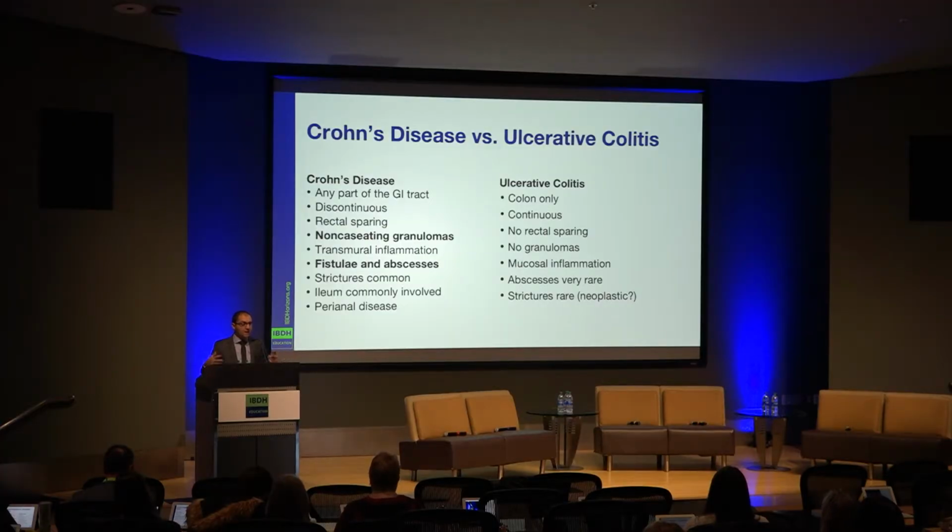And so the classic high yield features for Crohn's disease, the granulomas, well, there's a big chapter about granulomas. Not all granulomas are Crohn's granulomas. You have to talk to your pathologist about how mature was this granuloma. Was it poorly formed? Was it just a cluster of multinucleated giant cells? Or was it a really well-formed cluster of cells around what looks like a foreign body that is stuck there? Fistulas and abscesses. You could see a perianal limited fissure or fistula with ulcerative colitis, not an extensive web